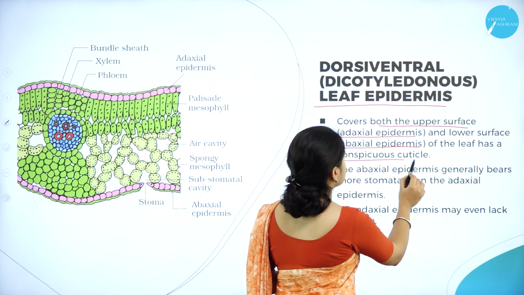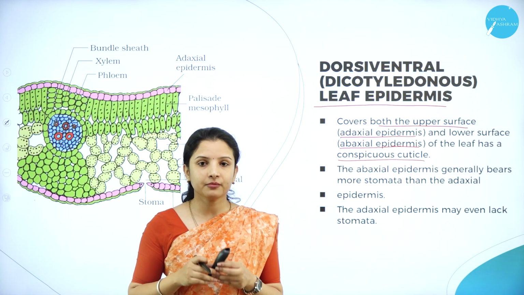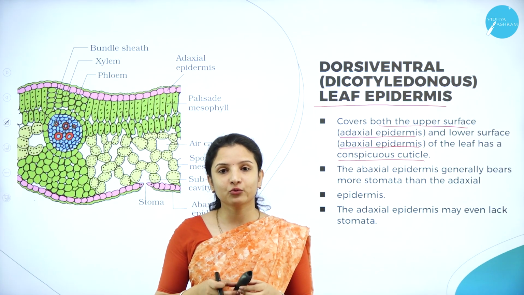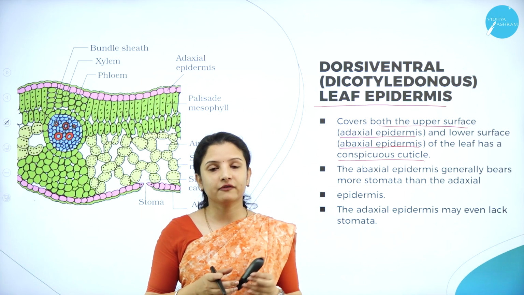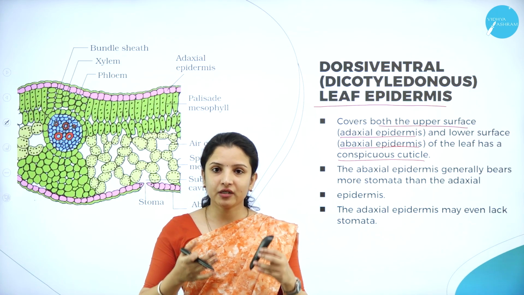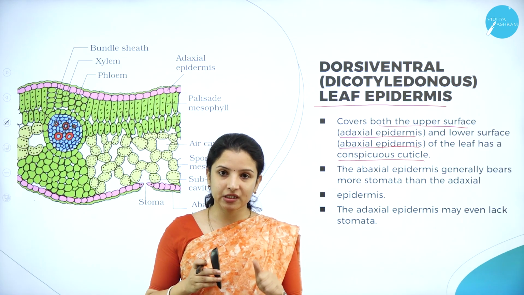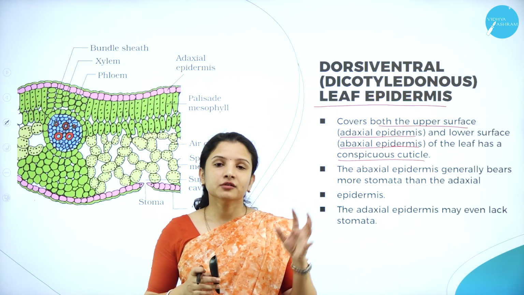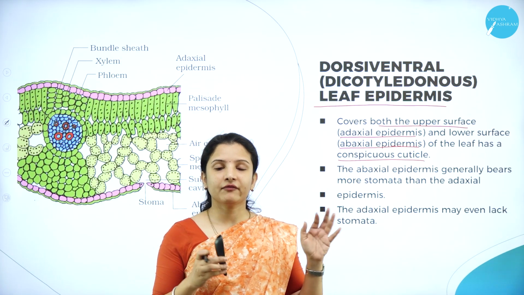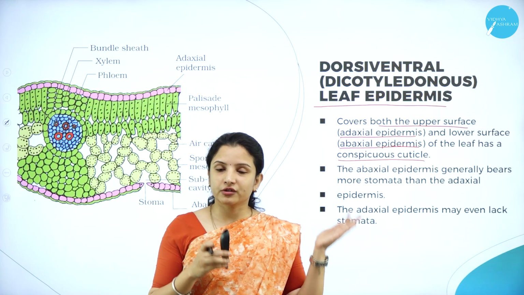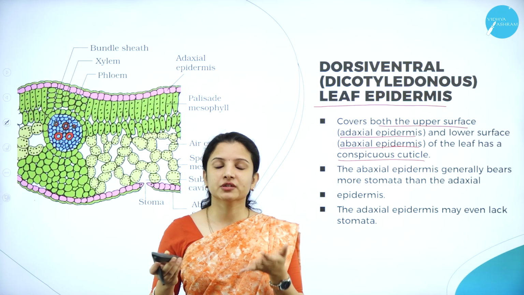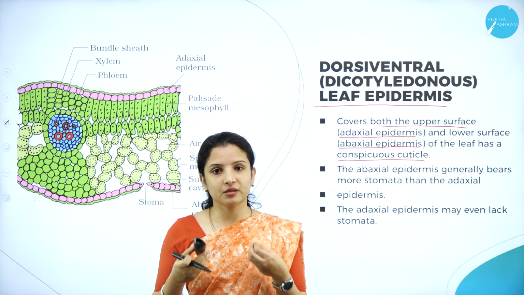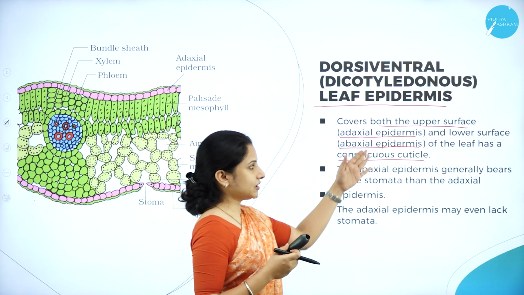And also there is a conspicuous cuticle present. Remember, when I started the session with the anatomy of flowering plants, I told you the epidermal tissue consists of the epidermis, the cuticle, the trichome or the root hair, and also the stomata. The cuticle, stomata and the trichome, which is the leaf hair, all arise from protrusions of the epidermal cells itself. So first we'll see what this cuticle is.